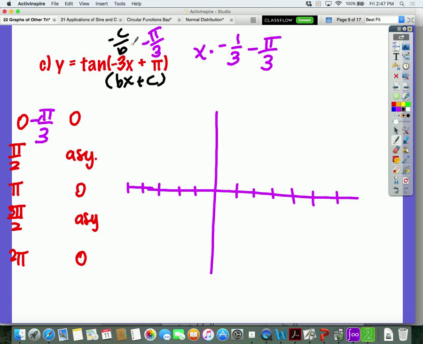Okay, so this would be negative c over the absolute value of b, negative pi over the absolute value of b, pi over 3. This one, when you multiply by negative 1/3, it's a negative pi over 6 minus pi over 3 is